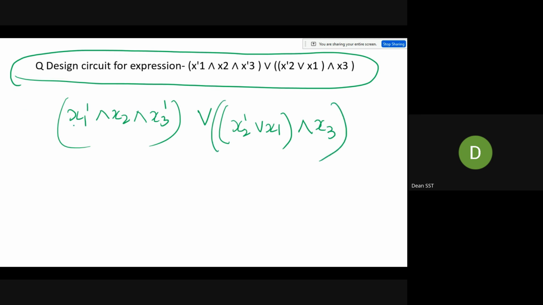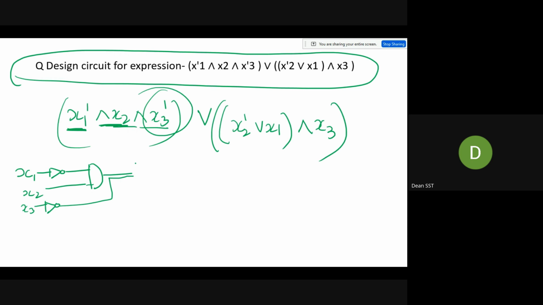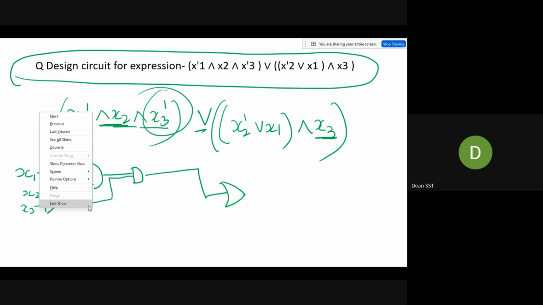So how can you proceed? x1 ka complement, fine, x1 ka complement and x2, fine, x2 and x3 ka complement. So x3, now we have to find x3 ka complement. Is it clear? Now for ORing you need x3. So take from here x3. Before doing the negation you have to take, because you have to take x3 only. So x3